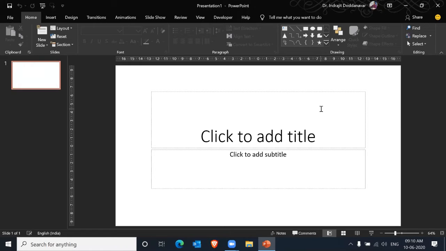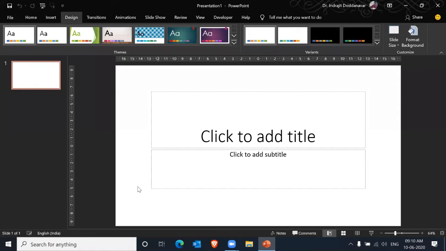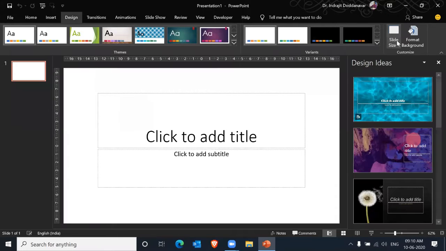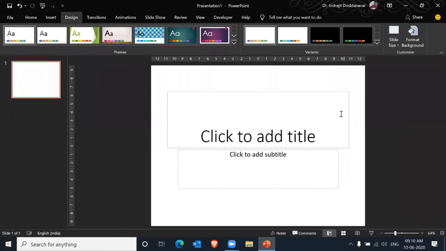So what you'll have to do is go to Design. In Design, you have something called Slide Size. Here there are two slide sizes, that is Standard and Widescreen. If you click Standard, you will get an appropriate squarish shape.